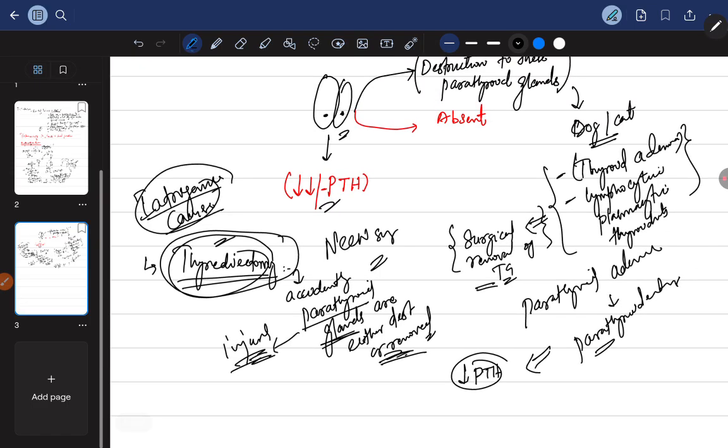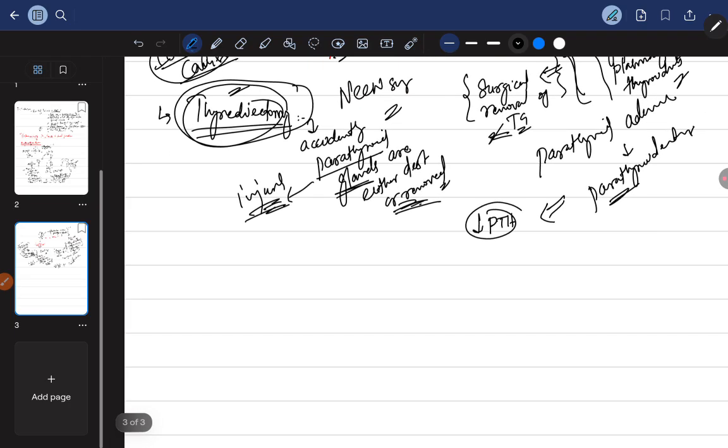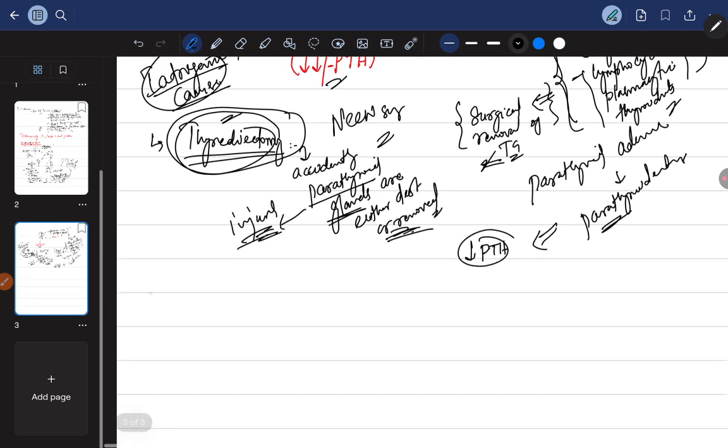Or if there is parathyroidectomy. In which cases can this iatrogenic hypoparathyroidism occur? When there is thyroid adenoma or lymphocytic plasmacytic thyroiditis, because at that time there is surgical removal of the thyroid gland. Okay, so this was the first cause, which I can call iatrogenic. In iatrogenic we have thyroidectomy, second is parathyroidectomy, and third is autoimmune